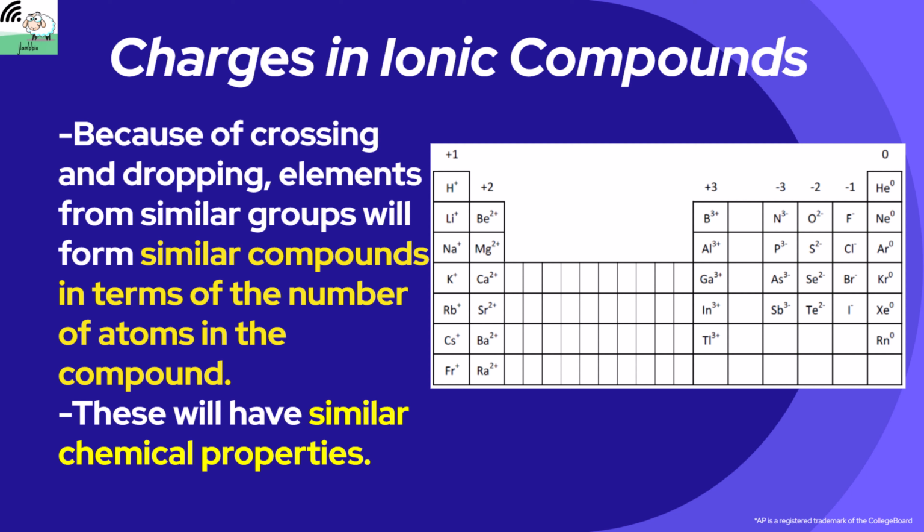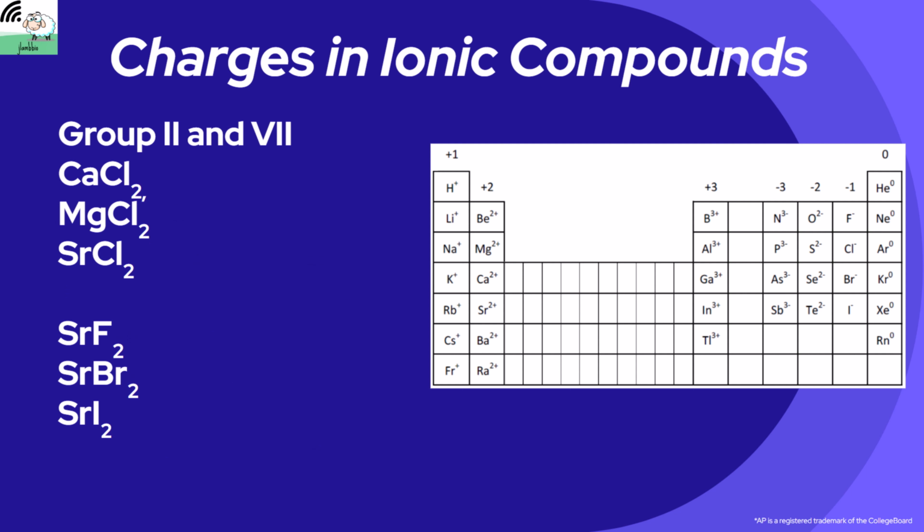And you can see that in the next slide here, because if we look at an example of group 2 and group 17 here, that is the alkaline earth metal group and the halogen group, CaCl2, 2+ charge, 1- charge, they form in the same whole number ratio. So as you see here in the examples, all of those alkaline earth metals react with chloride the exact same way in a 1-to-2 whole number ratio. When I switch things up a little bit and keep the alkaline earth metal the same and change the halogen,